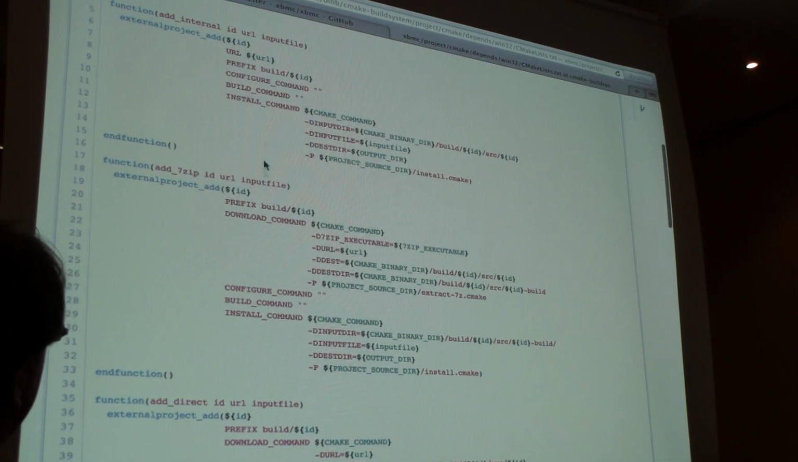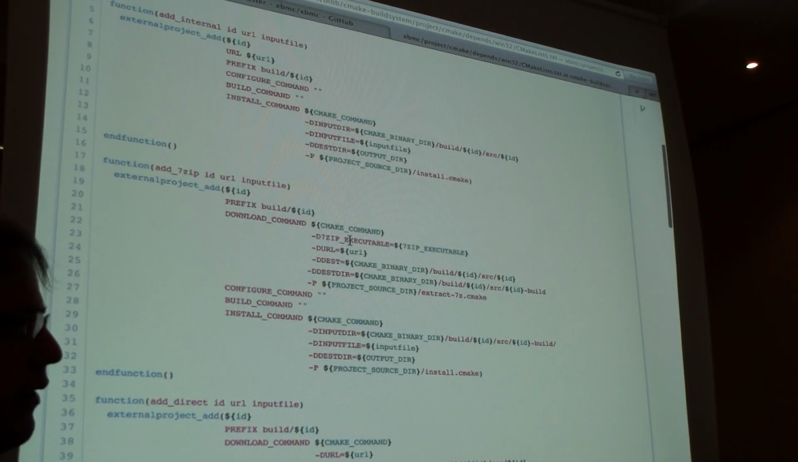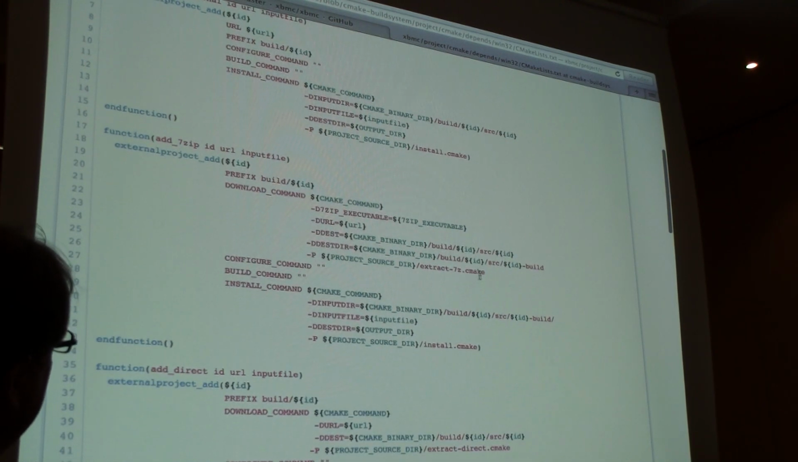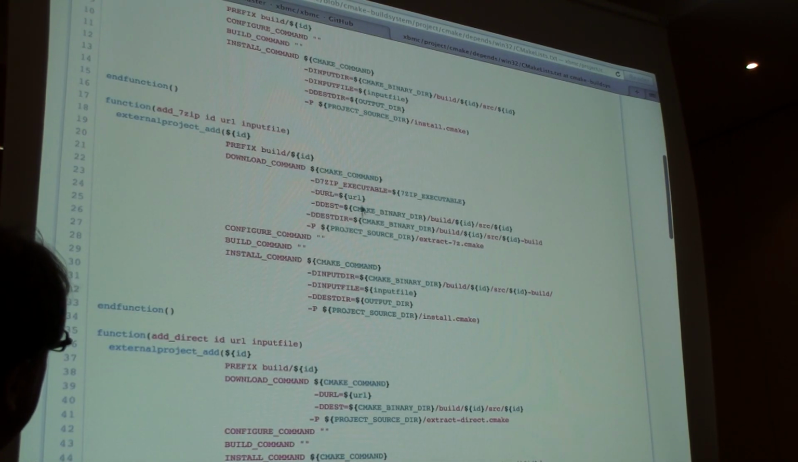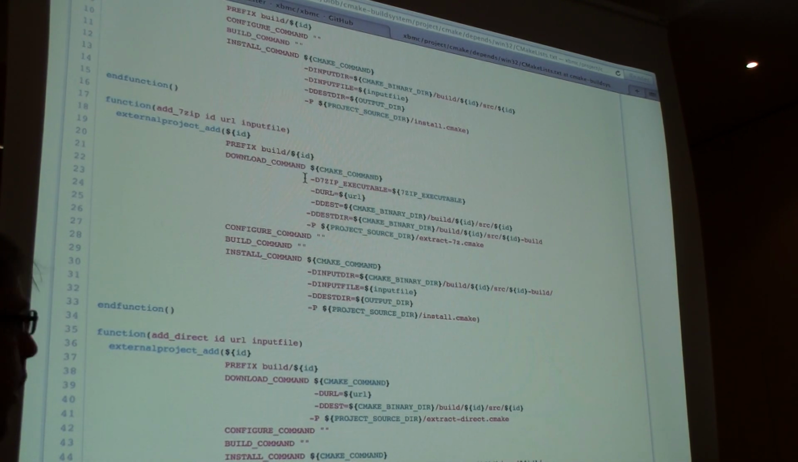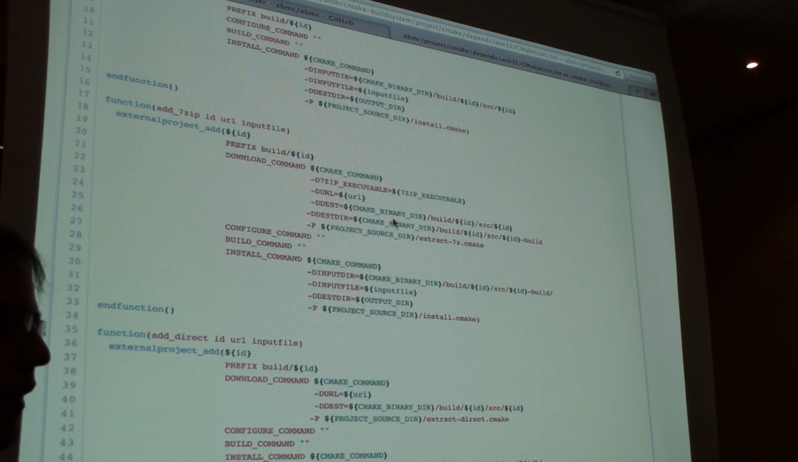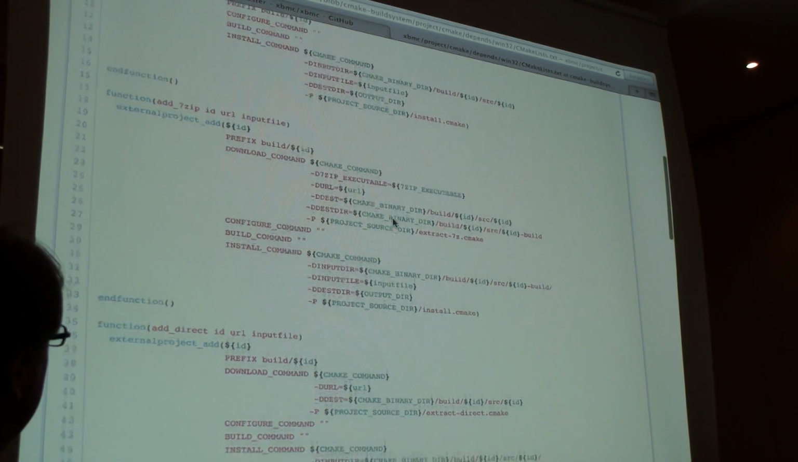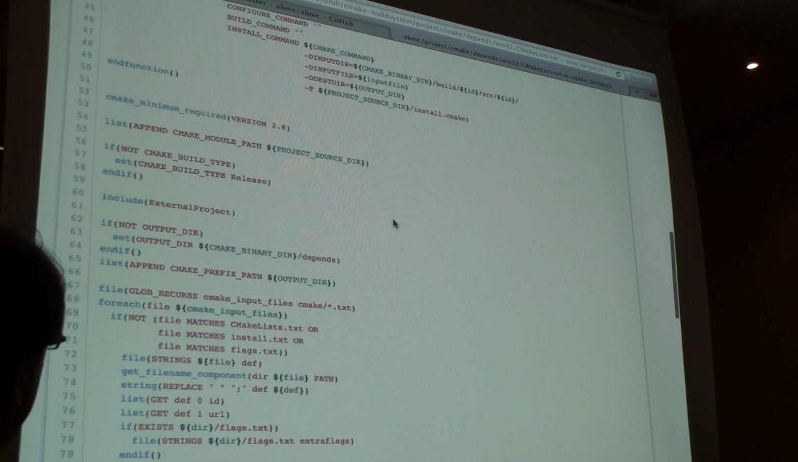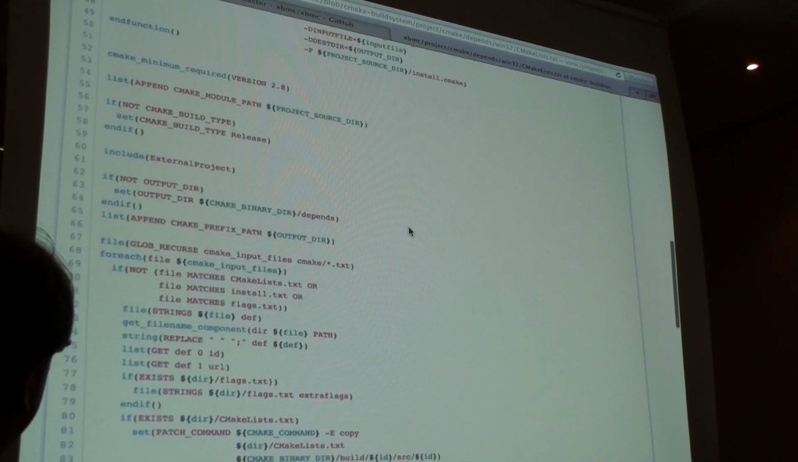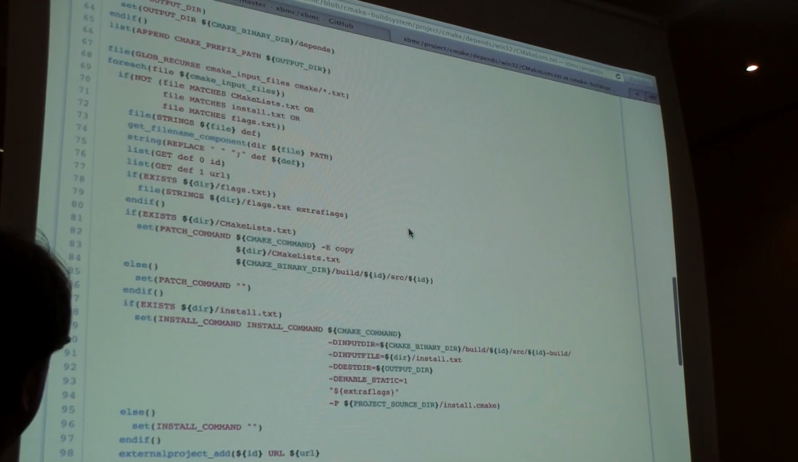So these are just helper functions, add internal, add 7-zip. So for Win32, some of them are stored as 7-zip files, so this is just, instead of the download command being take it from a Git repo, we're using the download command to actually extract the executable in that case. And this is the code, so if you have a look down here, these guys are the main blocks,